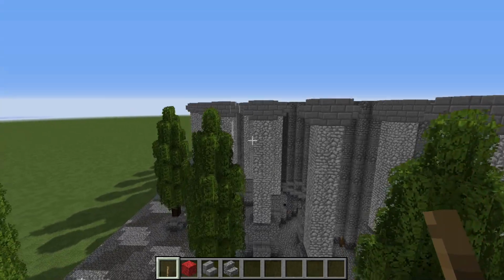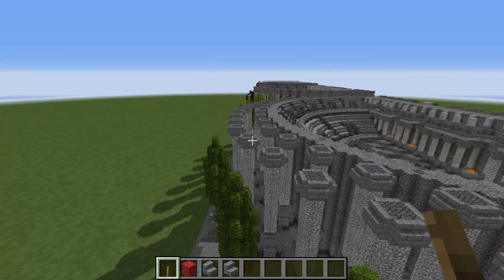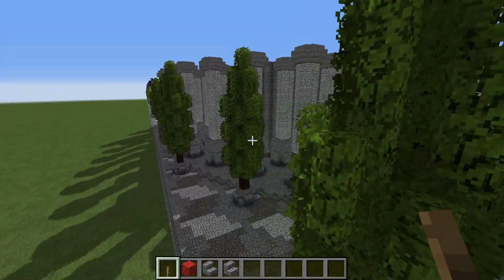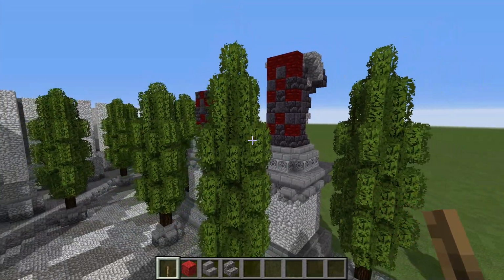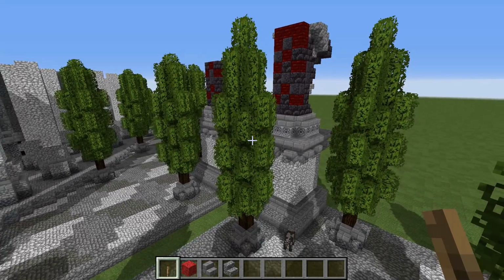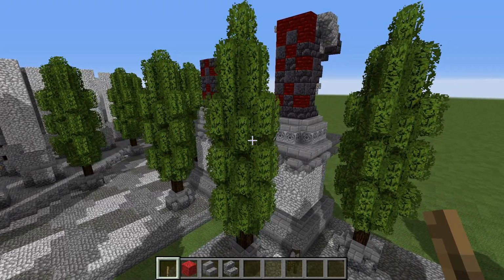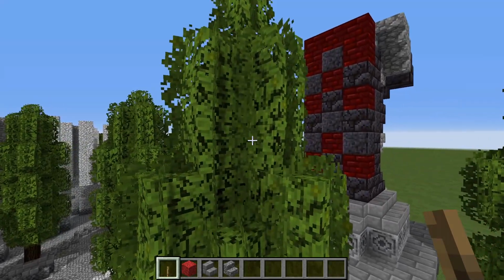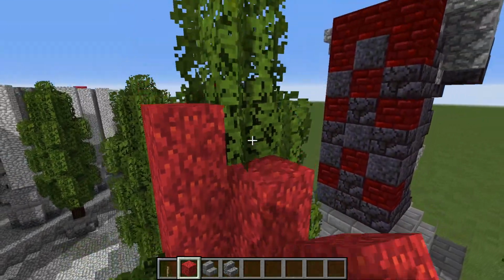I think that we have finally finished with these trees also, unless I am mistaken. So we'll take a good long look at one of these. This one here. I think you can kind of see the pattern that we have been going for with the leaf blocks. Even though they are extra bushy with the texture pack and the shaders, I know they're all kind of moving around. And I will break some of these and replace them with the red wool,